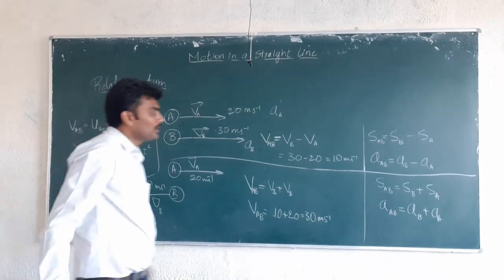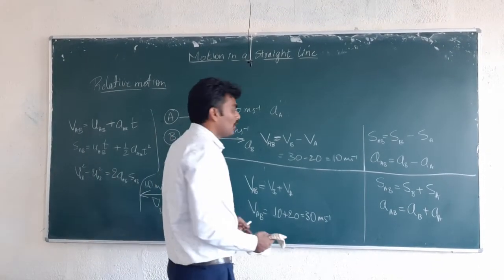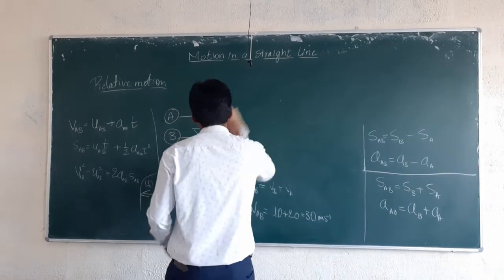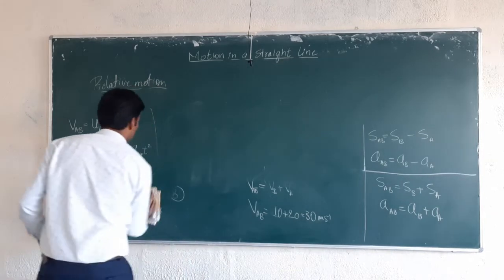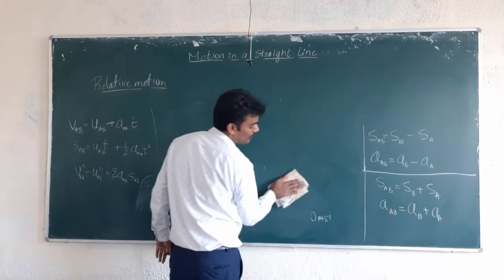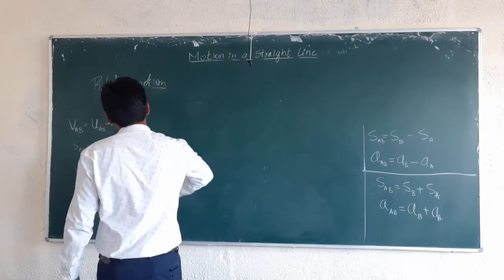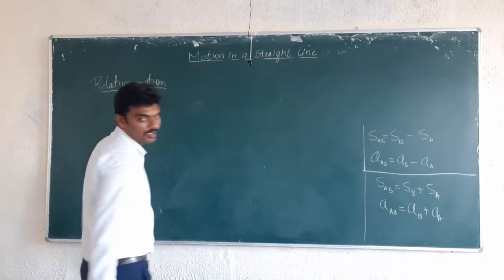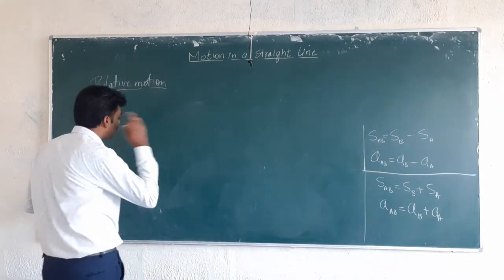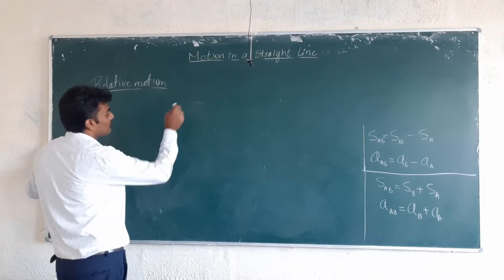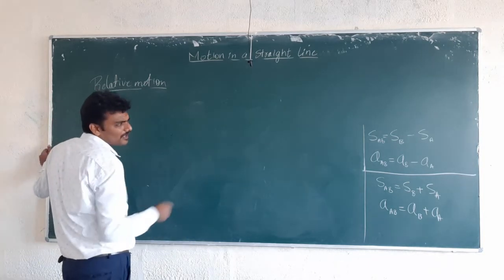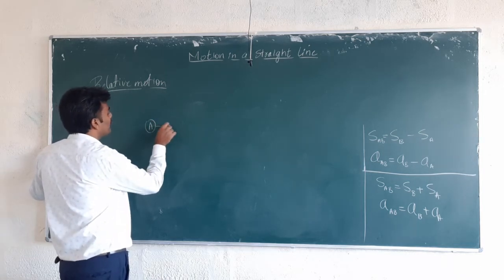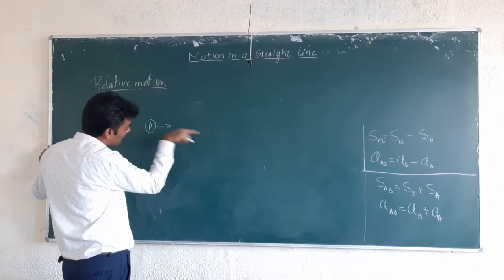And now let me give you the idea about how to write relative displacement, because writing relative velocity is easy. But writing relative displacement and relative acceleration requires little imagination and technical thinking. So relative velocity is done. When it comes to relative displacement, say we have body A moving in certain direction like this.